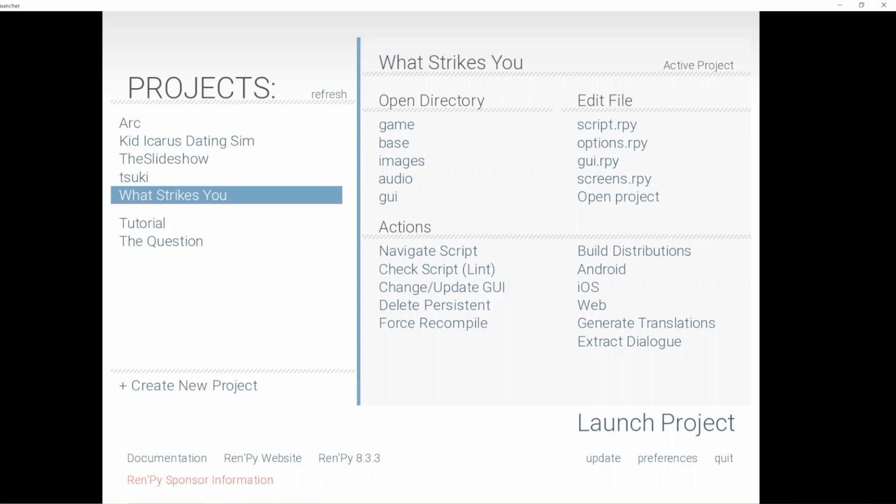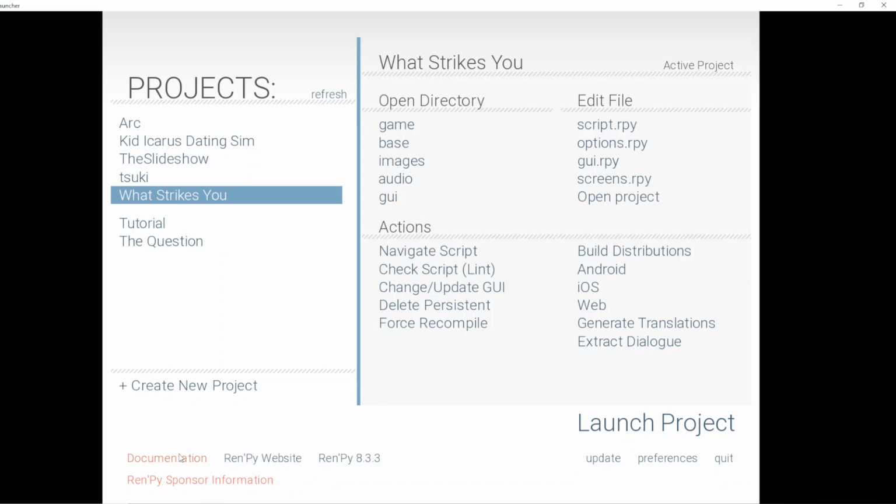So next, I guess I'll go on a brief intermission. I'll just show the Ren'Py launcher. These are test projects basically to understand this. I didn't really do much in any of those. These 2 are built-in ones: tutorial is an actual tutorial that is a visual novel, and question is just an actual example. And then here, all sorts of stuff. Obviously, make new project. You can go straight to the documentation, which is